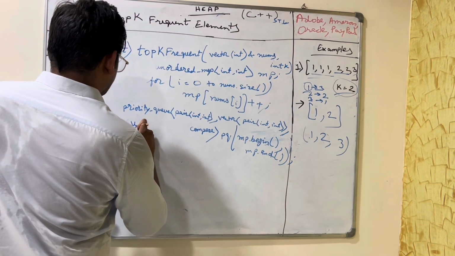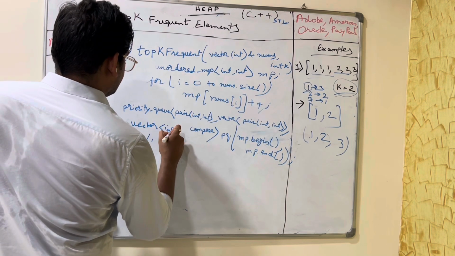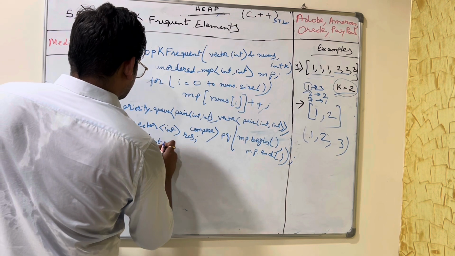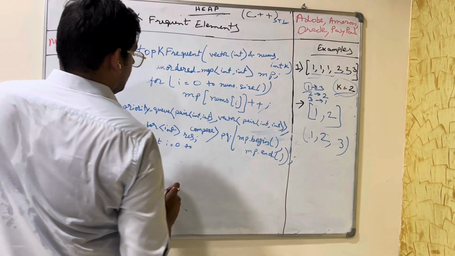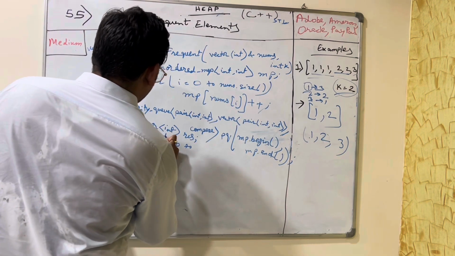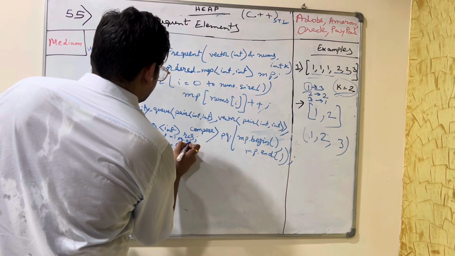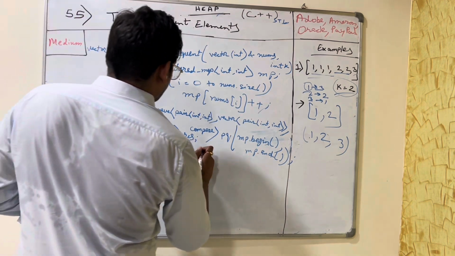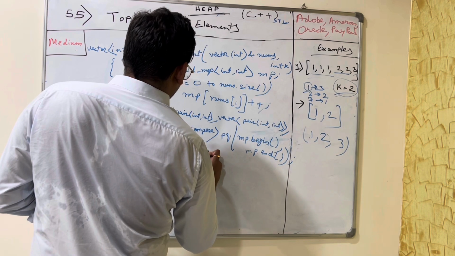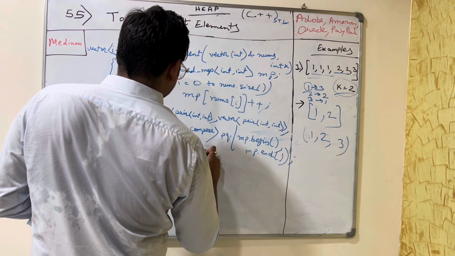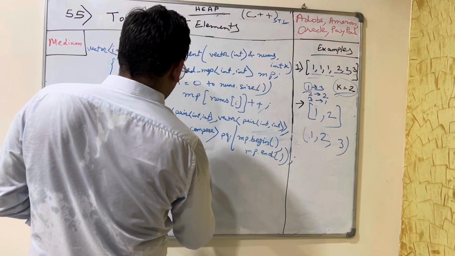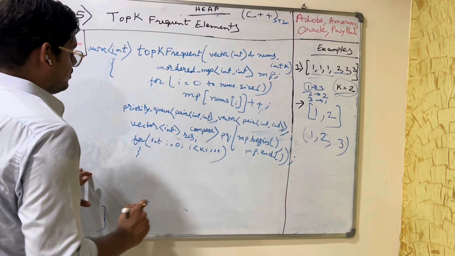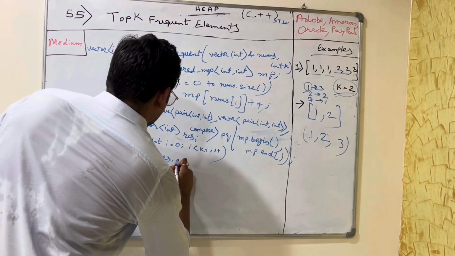So we will take another answer vector of int result, and then for int i equal to 0, we will have int n is equal to pq dot size, or we don't need pq dot size, we just need up to k. So for int i equal to 0, i less than k, i plus plus. What do? We insert result dot push_back